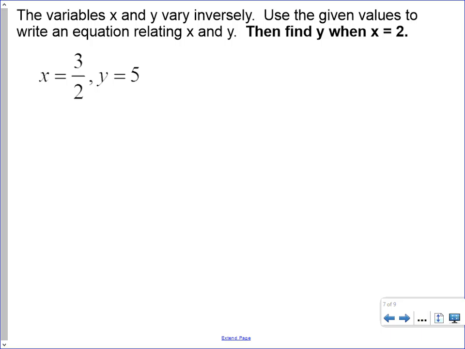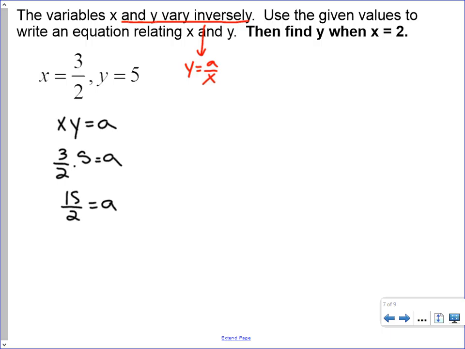Okay, on this one, sort of the same idea. I noticed that we're varying inversely, so I'm going to get started by writing y equals a over x. That's what I want my final equation to look like, because it's an inverse variation. If we're using Jackson's method, we need to find the value of a, and we know in inverse variation that x times y is equal to a. So we can just do 3 halves times 5, which gives us 15 halves, or you could say